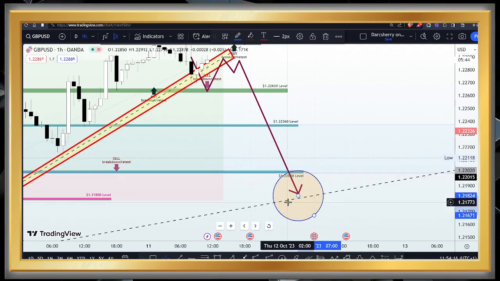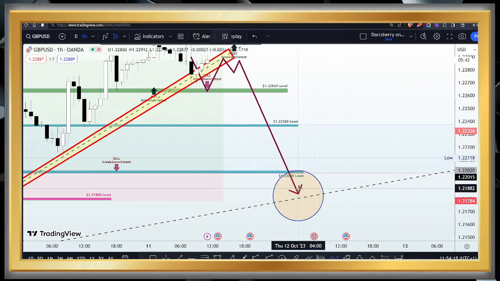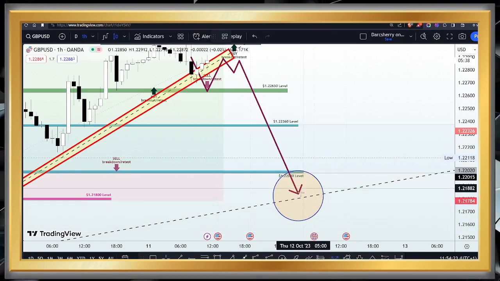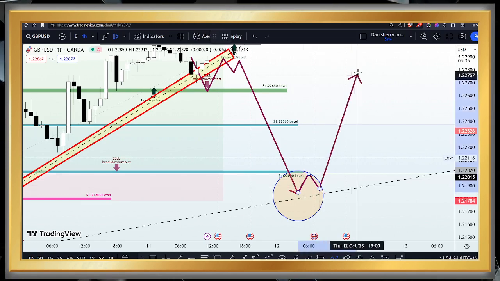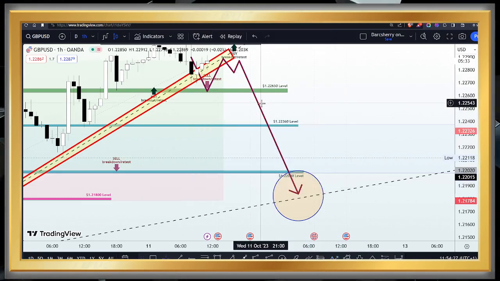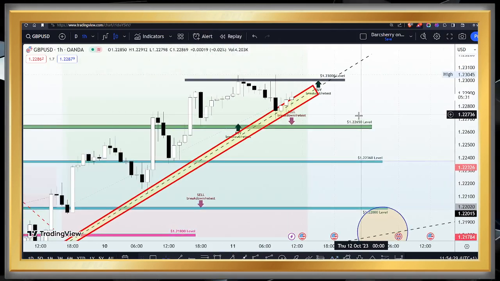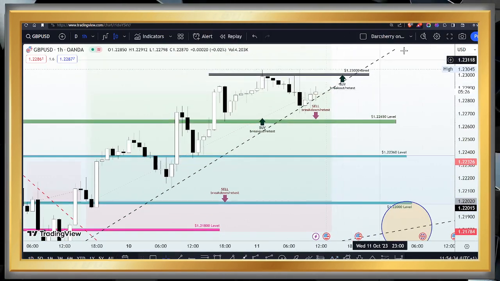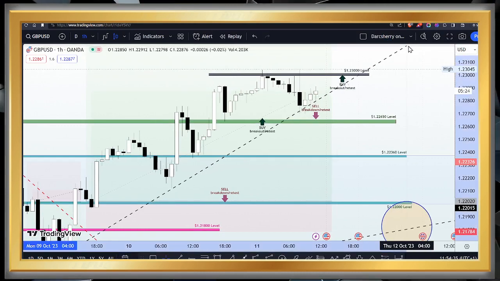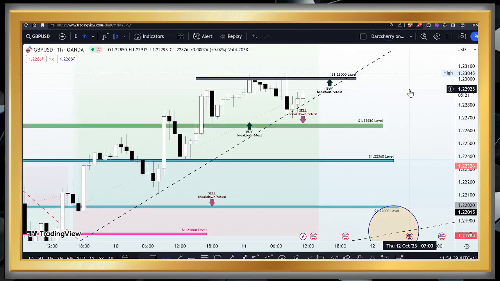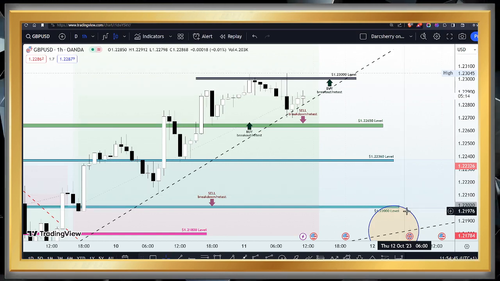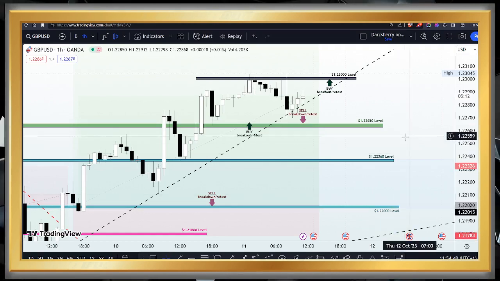Now, depending on whether price gets this far, that is, if it gets to this area, what happens here will determine if we are going to be adding more sell positions, that is, the breakdown retest of structure, or we are going to be buying at the appearance of a reversal pattern. So let's see how the market will play out here in the next 24 hours. I still hold on to a bullish bias here based on the fact that price still remains above that ascending trend line. However, if it breaks down the ascending trend line, then we can start considering selling the GBPUSD. So these are my views on the GBPUSD for today.